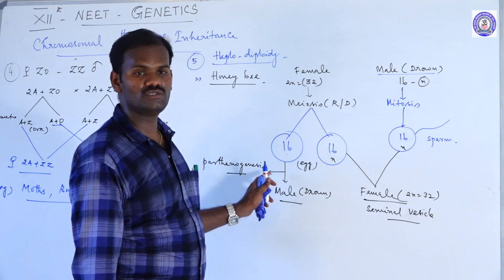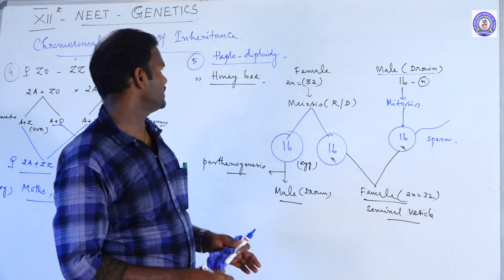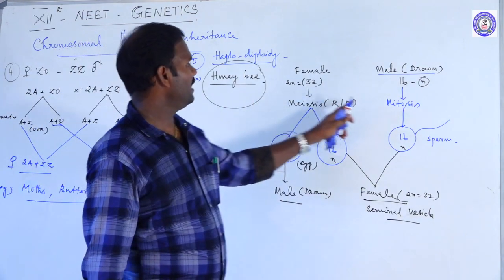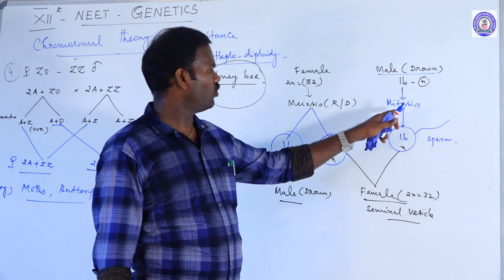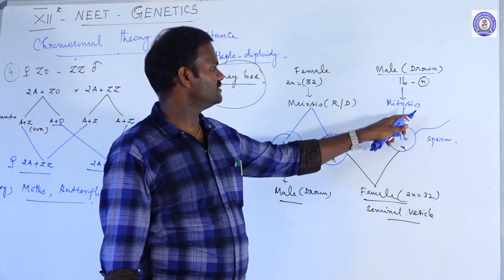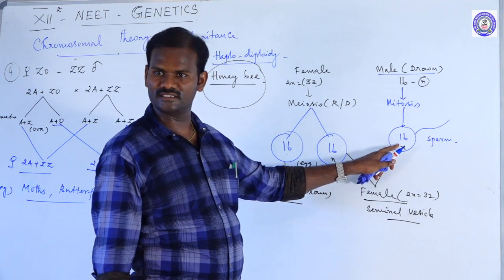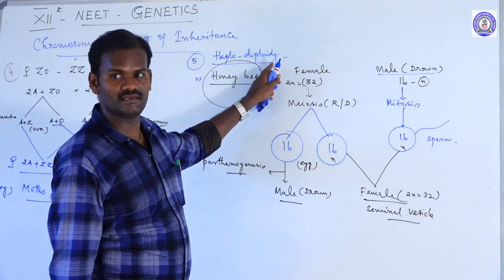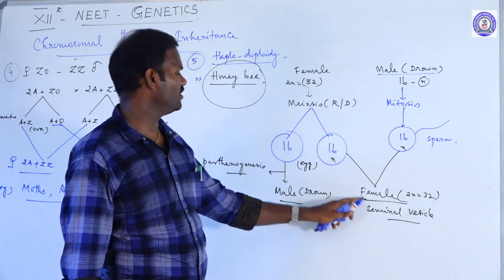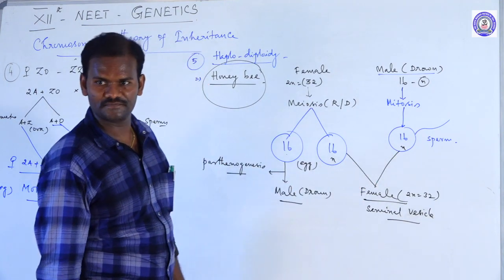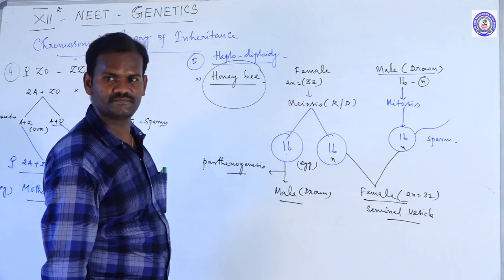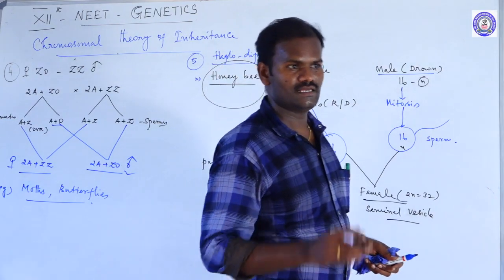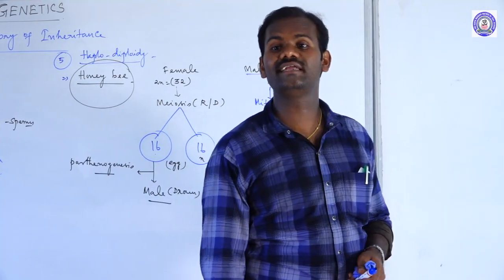These are called parthenogenesis. So, in this type of sex determination seen in honeybee, male is haploid because no meiosis occurs. Due to mitosis, the same haploid number of chromosomes is maintained in the sperms. In female, it is diploid. These are called haplodiploid sex determination. Female is diploid because the female is formed by the fertilization of egg. So these are called haplodiploid. So sex determination is over. Next, we are going to discuss certain genetic disorders.